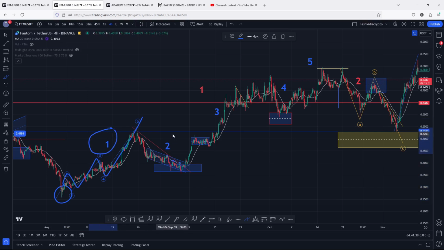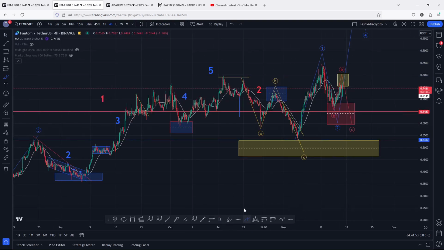Then we started a corrective structure in the formation of an additive count 2, a wave 3. Then we picked in this additive count 4 and finally picked to the upside in an additive count 5, giving us a high above the 0.7978, completing an even larger Elliot wave count 1. And after we picked in that larger Elliot wave count 1, we started a corrective structure in the formation of an even larger Elliot wave count 2, whose minimum target areas I had marked on the charts using this yellow target area, which gave us a reaction to the upside